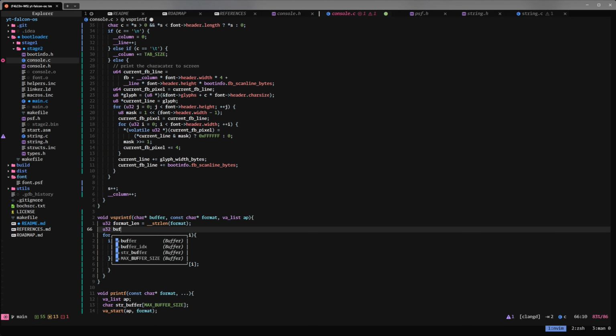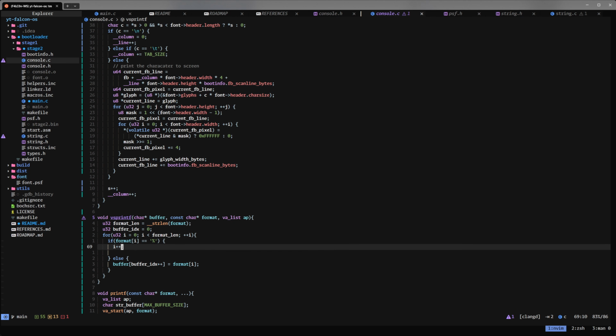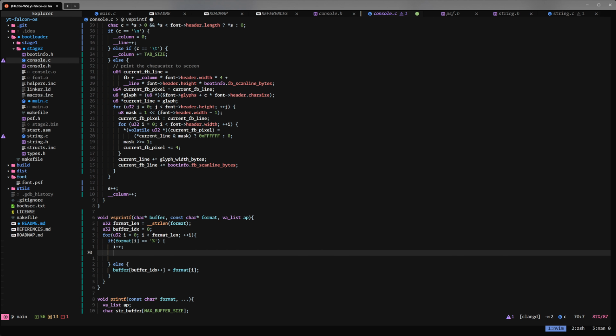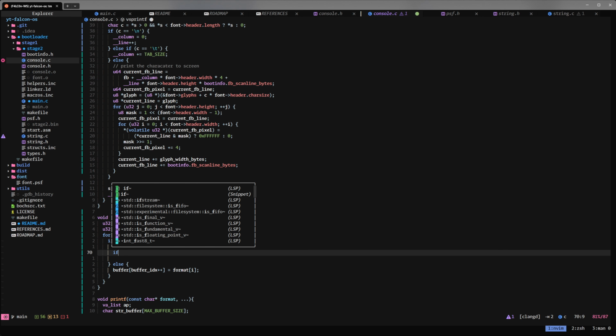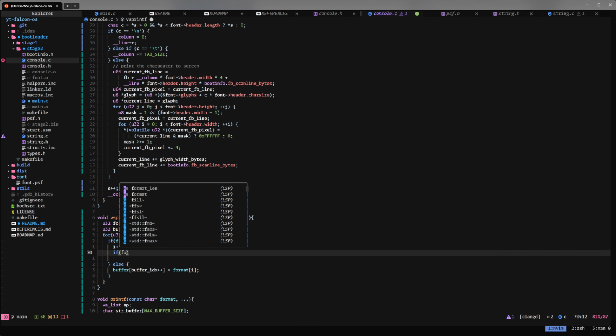So utility2 buffer index equals 0. Right, so here we have if, so I guess let's get the easy case out of the way first. So if the next, so format